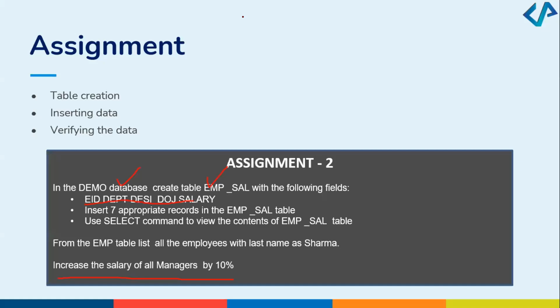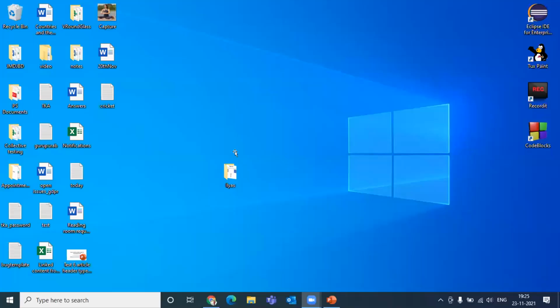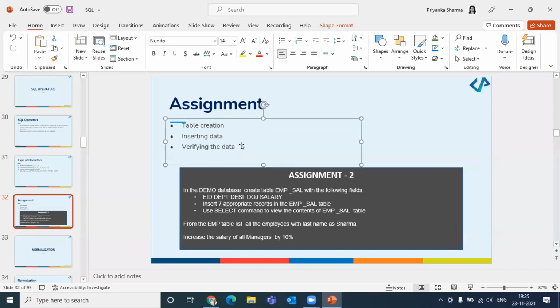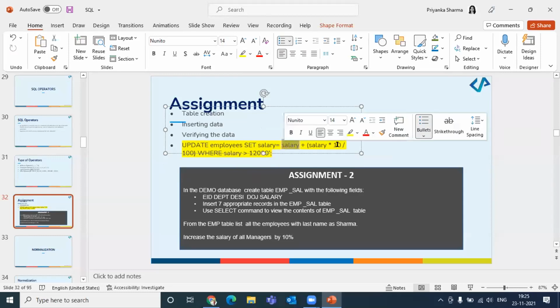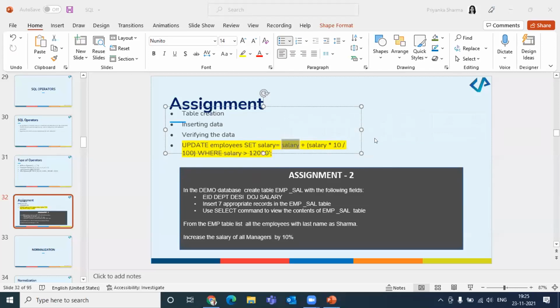Great. I can see a lot of chats. That is good. So let us bring up one of the answers quickly and see. So here in this case, I wanted to update the value, right? Because I wanted to update or increase the salary, I can use this query. Let me just bring this up in a different format. So update the employees, set the salary. How much? Salary plus salary multiply with 10 by 100, where salary is greater than 12,000. This is how the salary can be added.